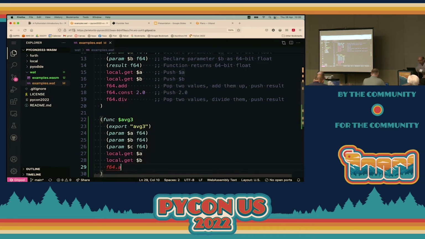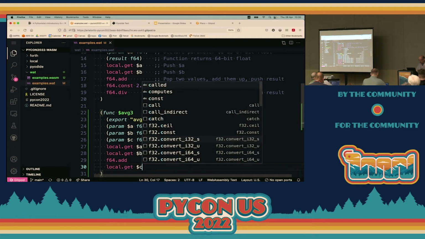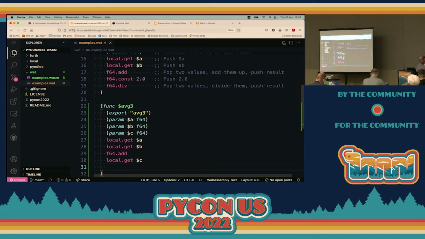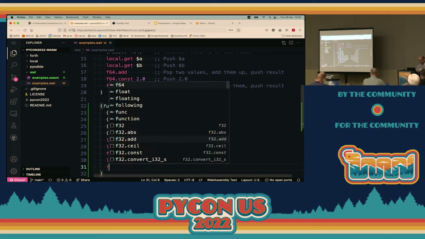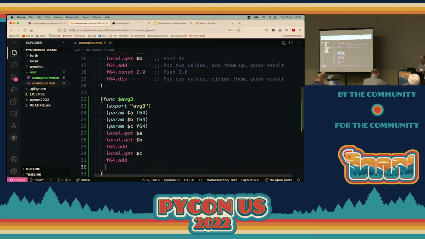f64.add. Okay, so that adds the two top elements, pops the two top elements and pushes the result back. Then let's load, or push into the stack, C. Then what do we do? We add again, yes. f64.add, okay. Then